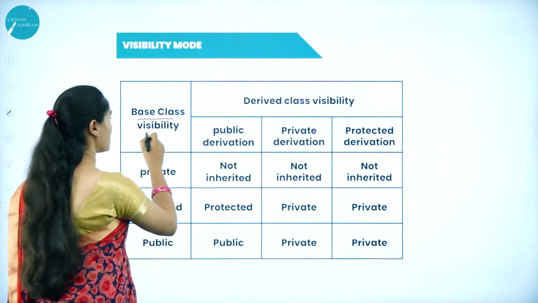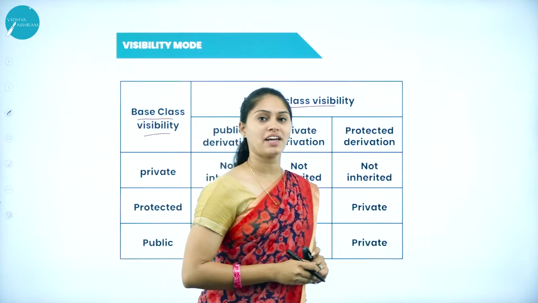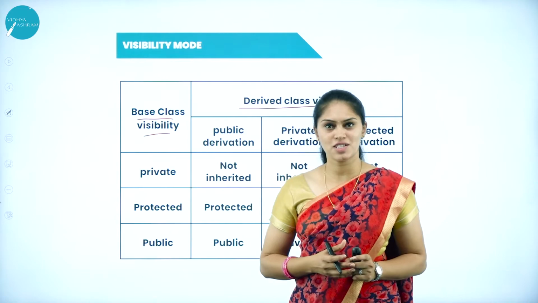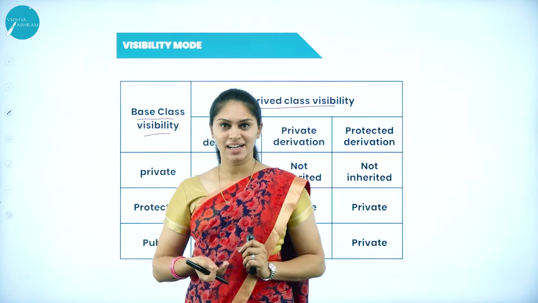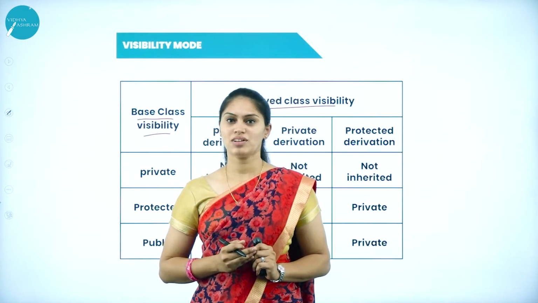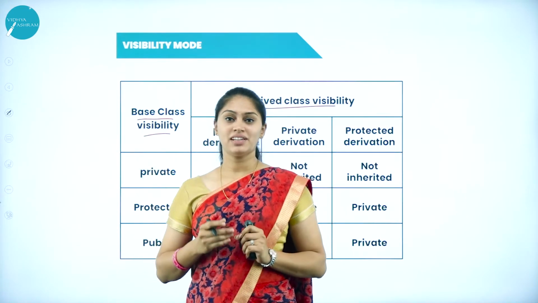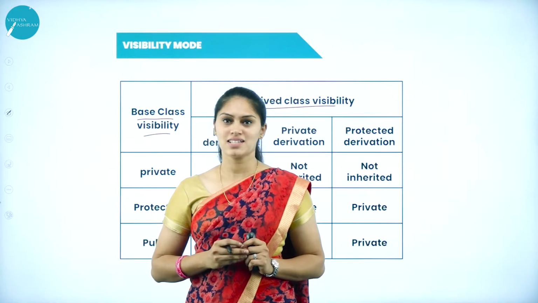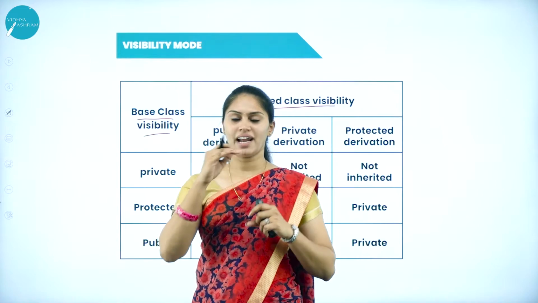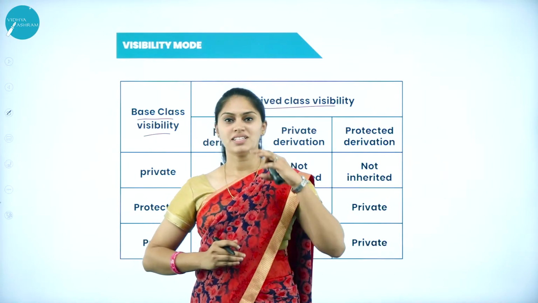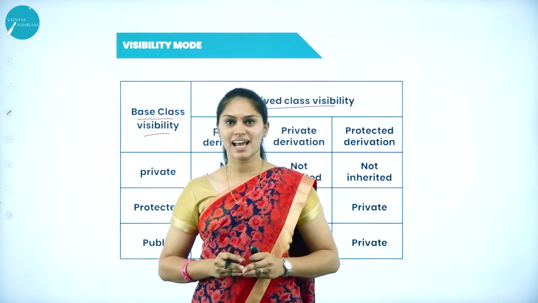Here I have the base class visibility and then the derived class visibility. From this table, we get to know how I can inherit the features of the base class to the derived class, whether it is privately derived, publicly derived or protectedly derived. We already had a discussion regarding the access specifiers. If it is private, then only the members of that class can access it. If it is public in nature, then everything, that means whatever the data members as well as the member functions which come under the public scope, can be accessed either inside or outside the class definition.